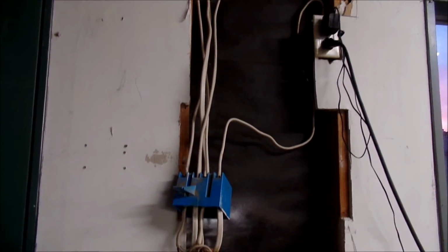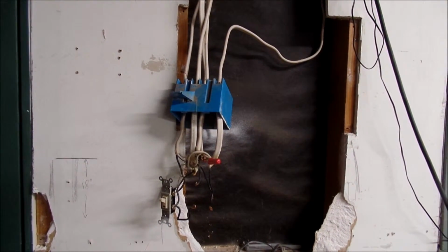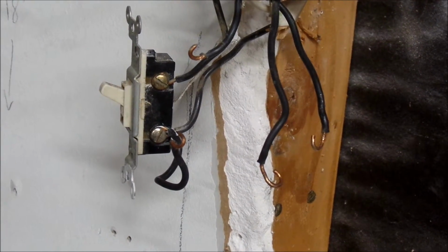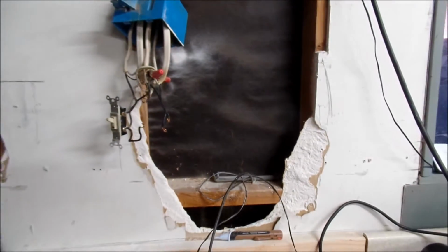At any rate, I had to rip out this sheetrock here to physically trace these wires, because even with the tracer, I couldn't tell what went where. And that's your toggle switch. There were 2 other toggle switches there. So, and then of course I'm going to add,